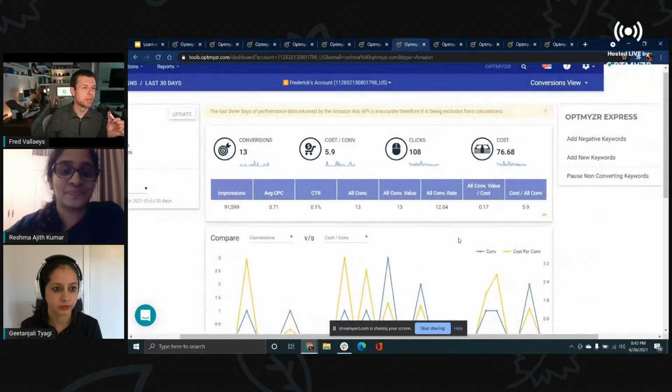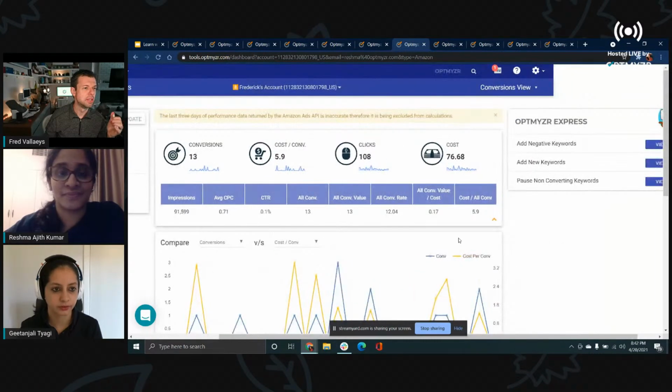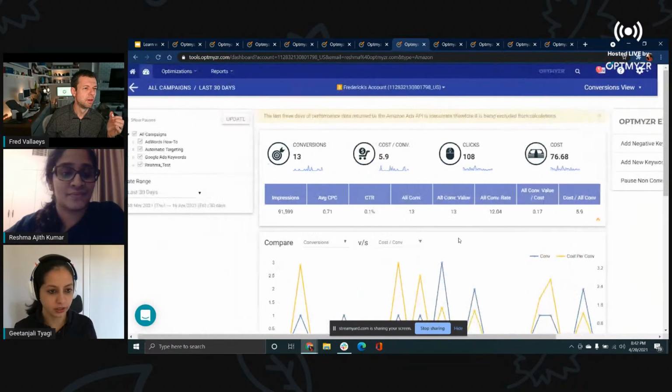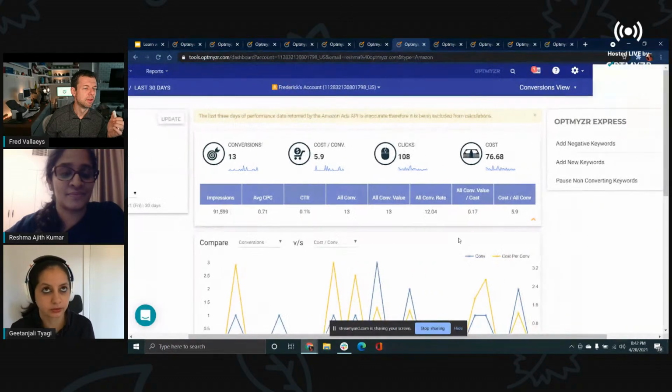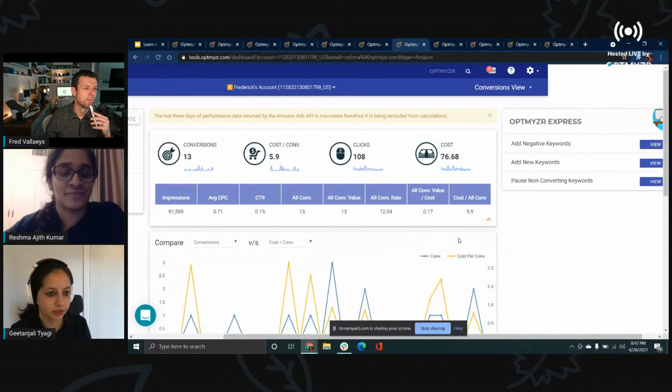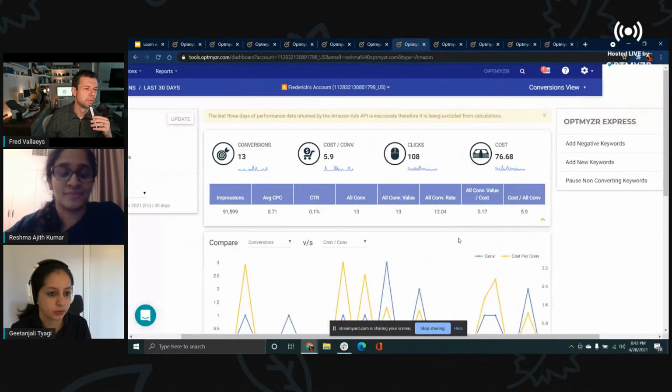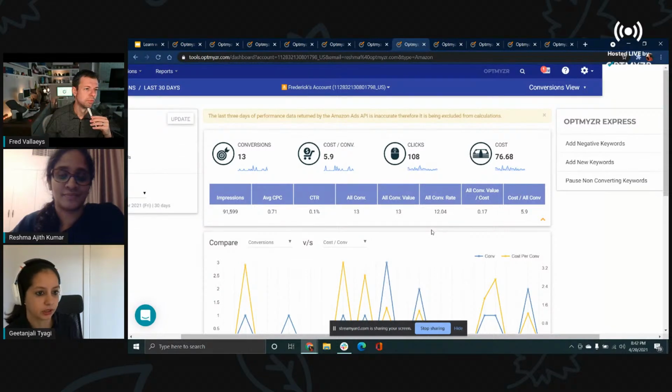Actually, this is my question for you, but do we go back further than 90 days now? Not right now, but we are. There are some limitations with the Amazon API where we only get the last 60 days of data at any given point. But what we started doing is, if you've linked your account to Optmyzr, then we are now caching more data, so you'll be able to see the last 90 days of data.